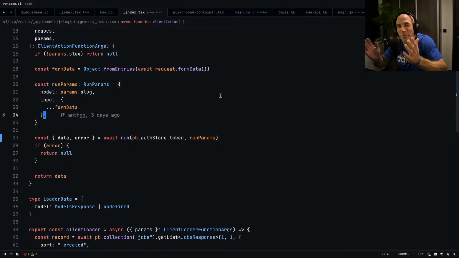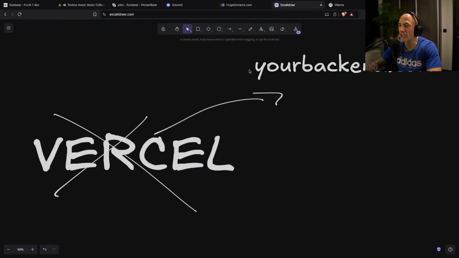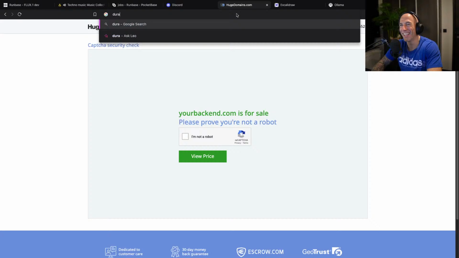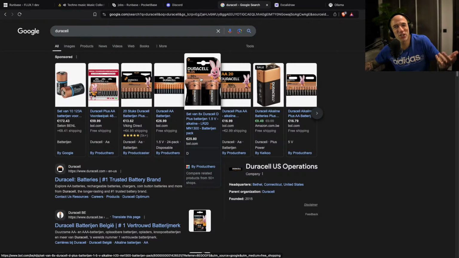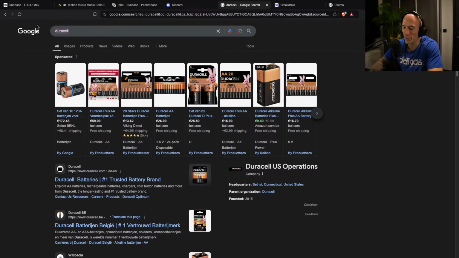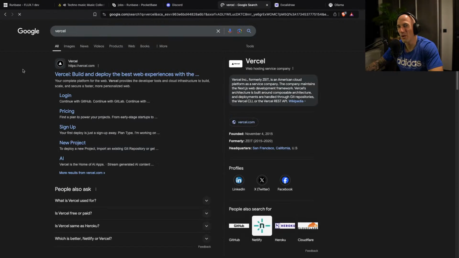Yeah, it reminds you of a lot of things, except deploying your backends, right? Or front end, whatever. Deploying your bullshit. Versal. For some reason, it reminds me of a battery. Why? Because it's called Duracell. Look at this. Versal. Is that like a new battery or something? No. Versal. Who does that? It's a web hosting service company. If you can choose between Versal or yourbackend.com, I mean,